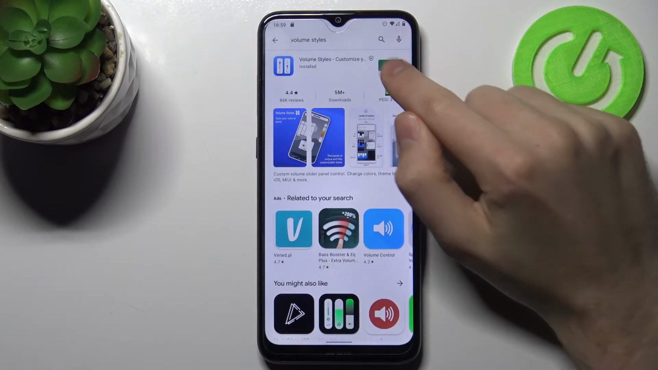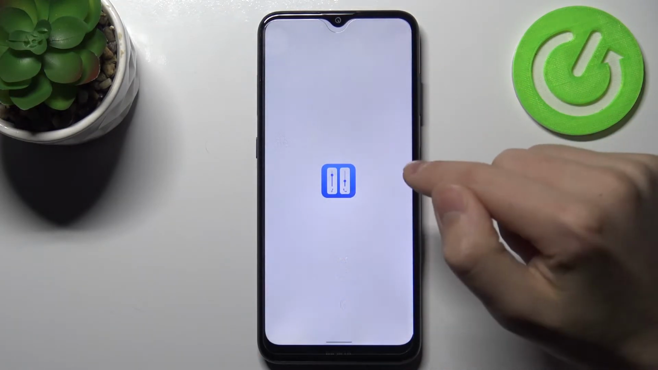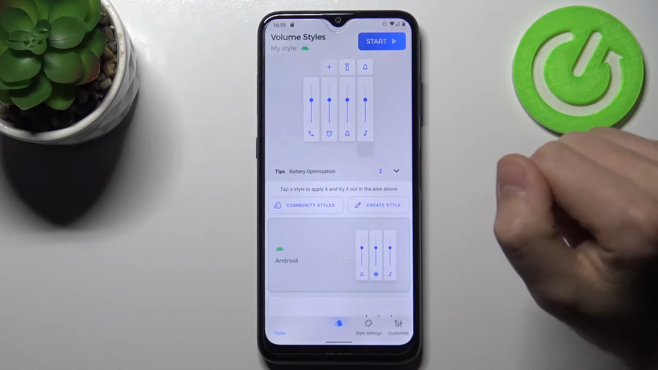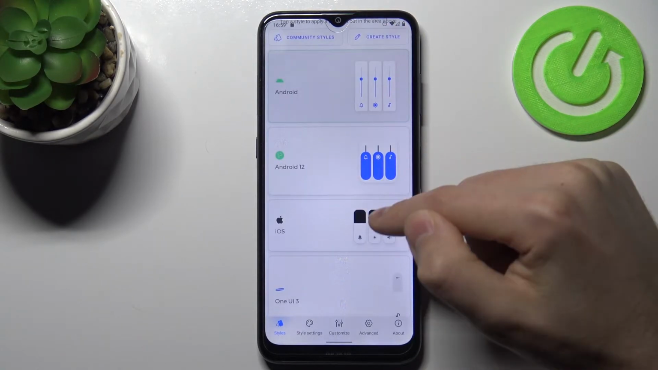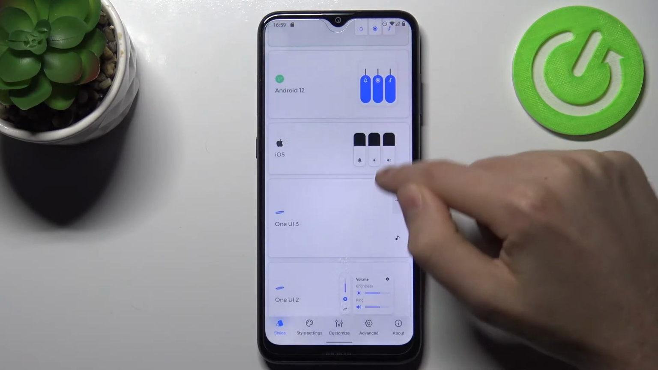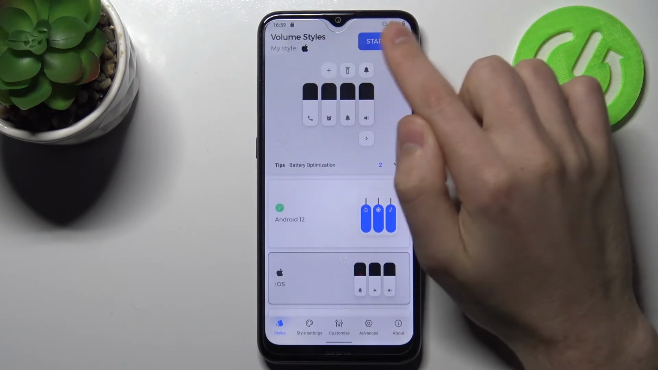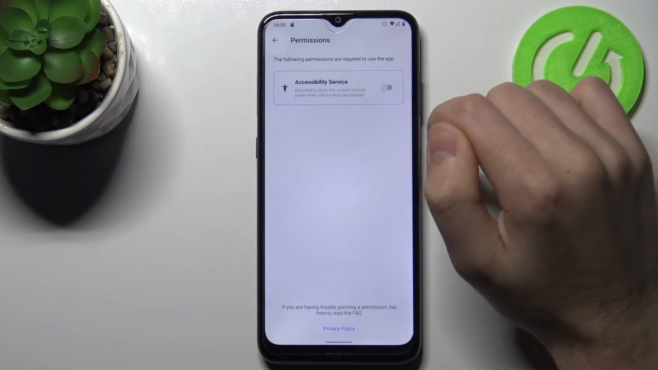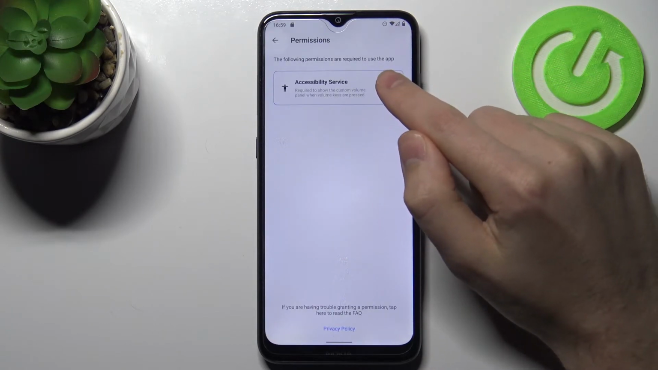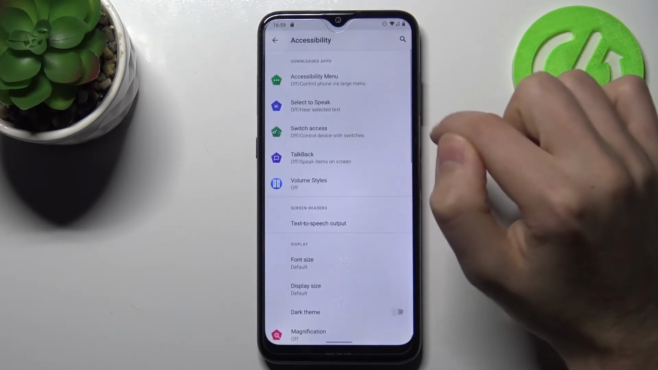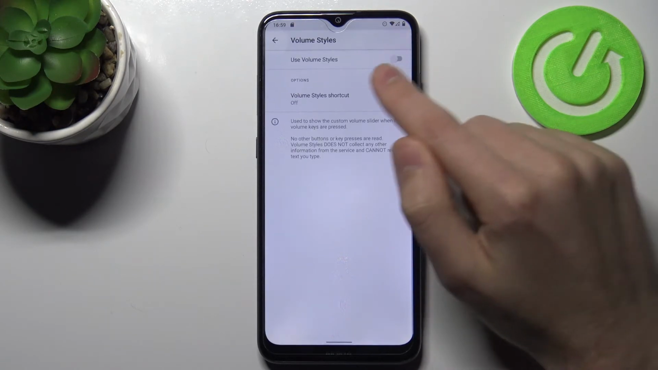And now click Open. Then you choose your volume panel style, maybe like iOS, and click Start in the top right corner. So click, and now need to give accessibility for this application, turn on here, and one more time in settings,